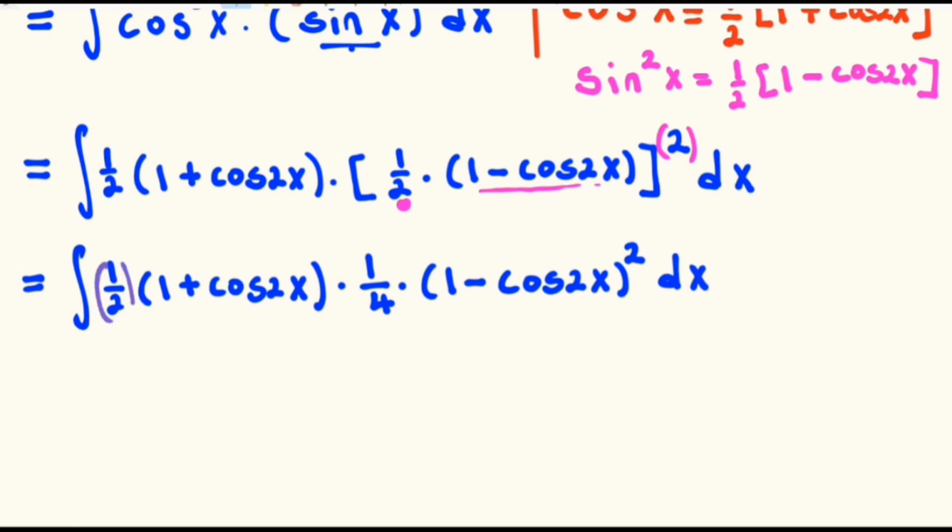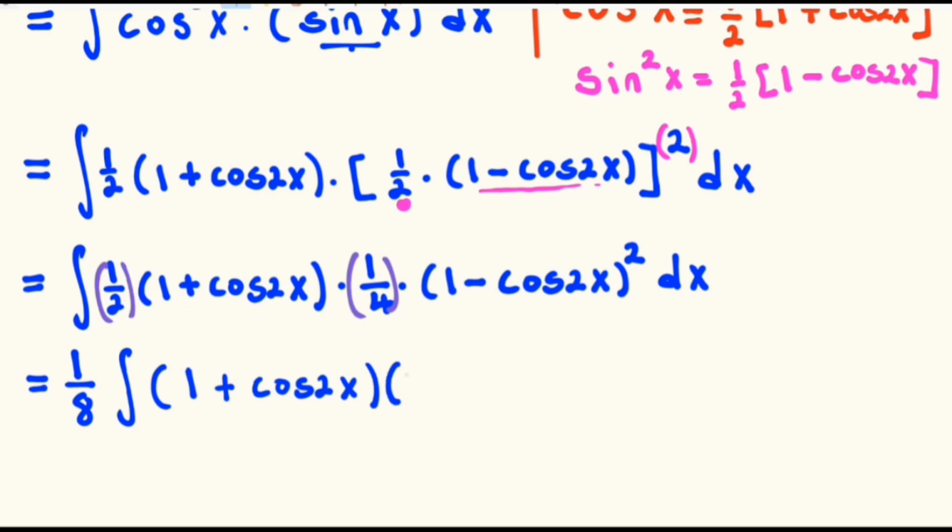The 1 over 2 multiplied by that 1 over 4 will be equals to 1 over 8, and we push them out of the integral since they won't affect the integration process, so we'll be left with the integral of 1 plus cos 2x into 1 minus cos 2x raised to the power 2 dx,